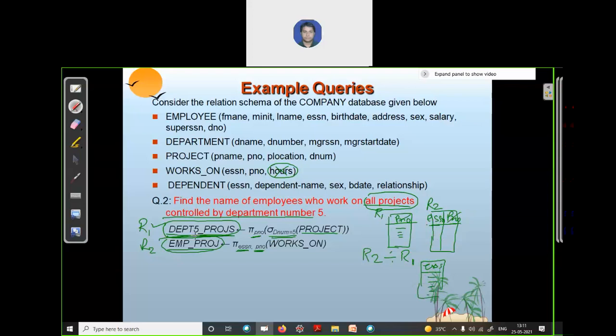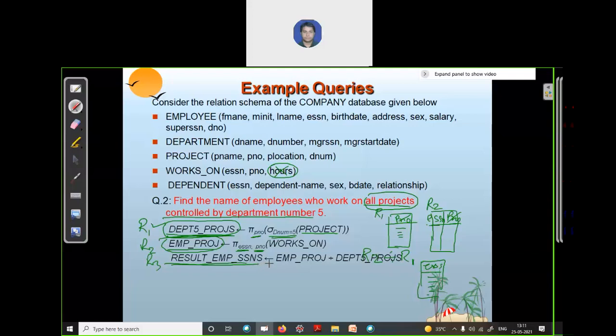So let's apply the division operator over these two intermediate relations, and you will get the ESSN of the employees. Let's name this resultant relation R3, the resultant employee SSNs.